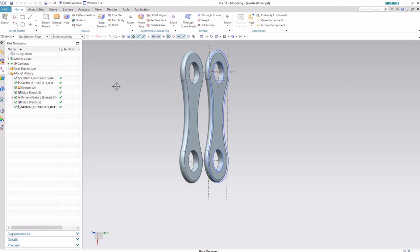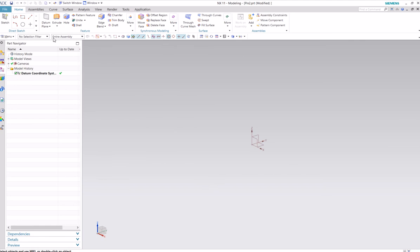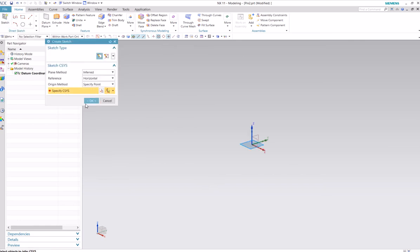Okay, now we'll make the pin, the roller guide that goes in between these holes to connect all this together. So that will be just a new model. Pin is fine. Same folder. Need a unique file name, apparently. Okay, so this is just going to be